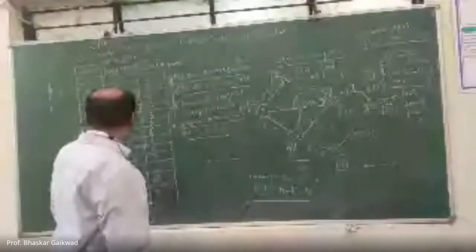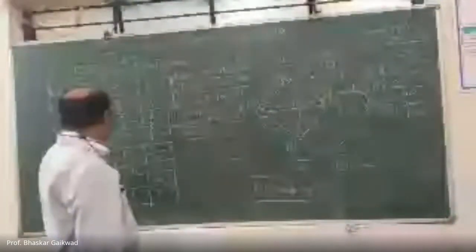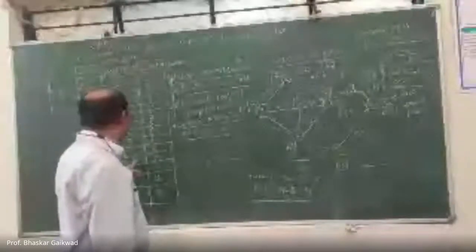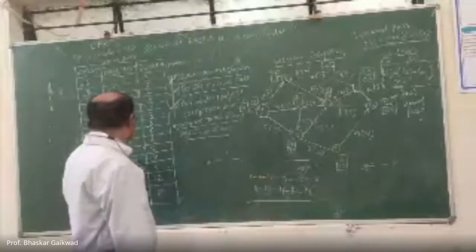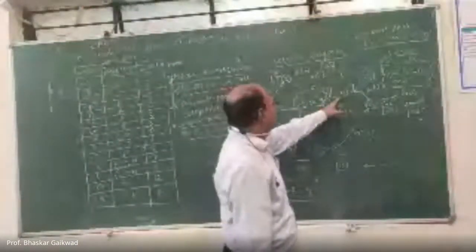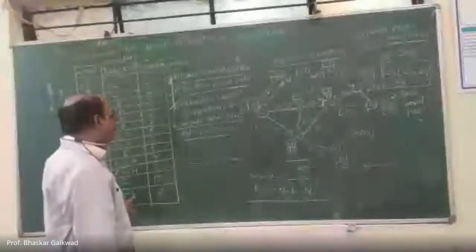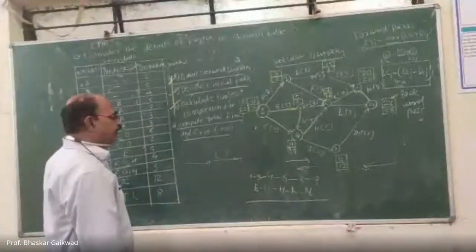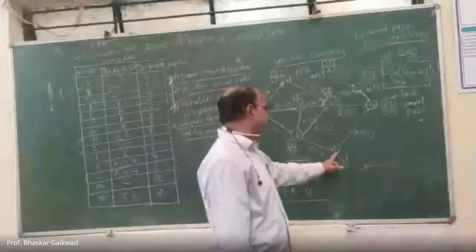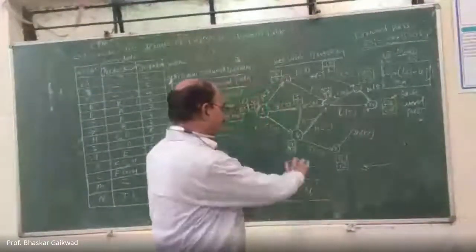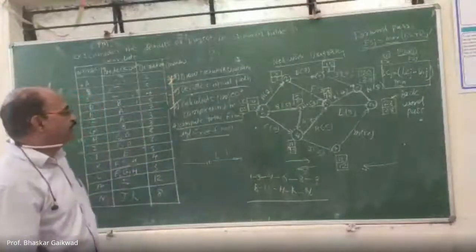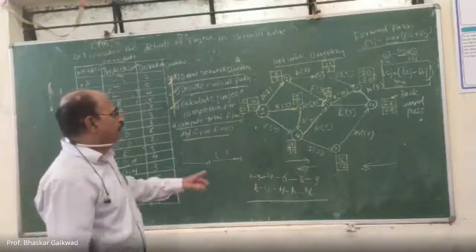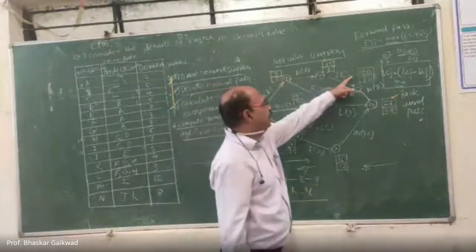After that, K is there. K will start from F, G, H. Correct? And this K will be here, and it will join to J. Why J? Because J and K are at one place. After that, M and I. So M will start from this I and join to here. So like this, the network diagram is there.